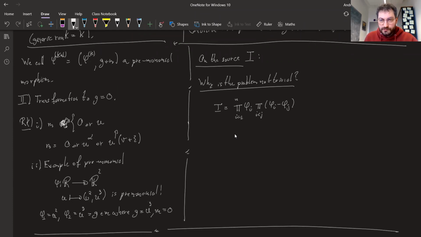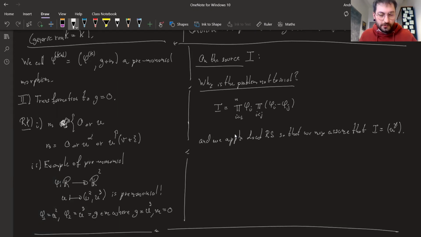And now we apply local resolution of singularities so that we may assume that I is actually equal to u to some power gamma. So this is simultaneous resolution of singularities, as it is sometimes called. So in this case, then,